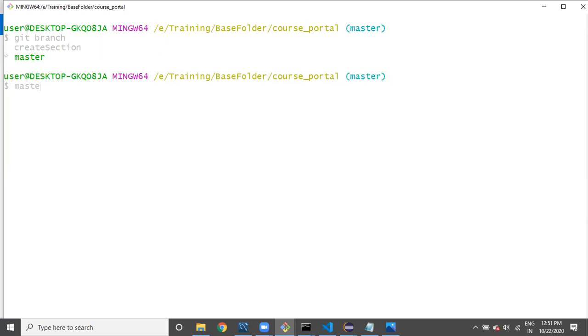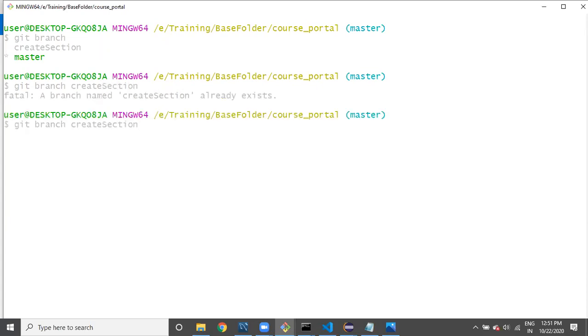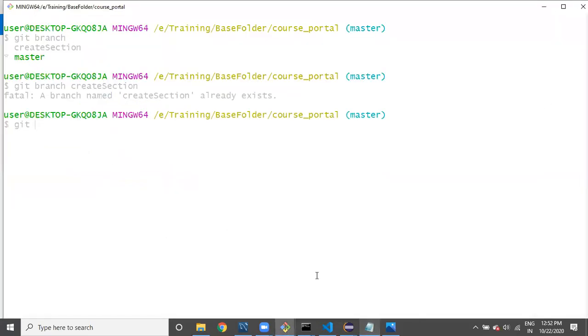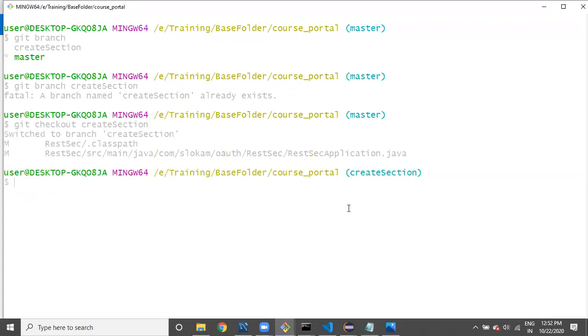The command is checkout. Switching from one branch to another branch is git checkout create section. Then you can see here, guys.